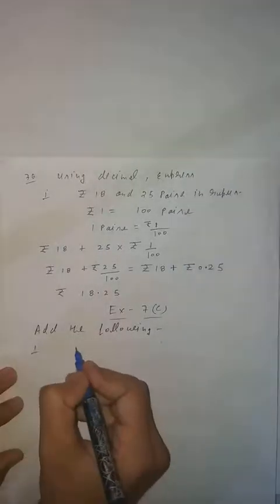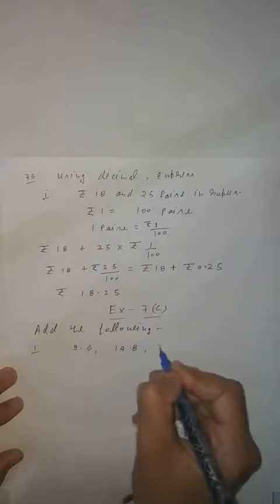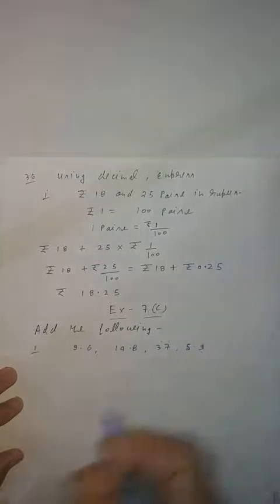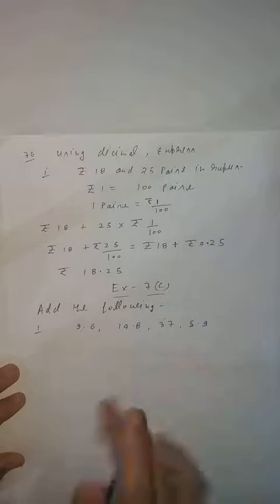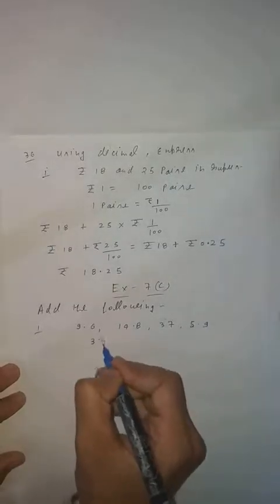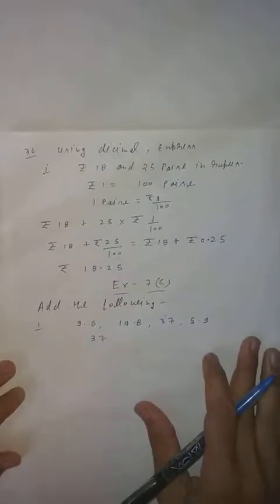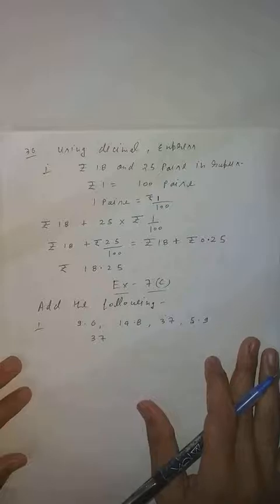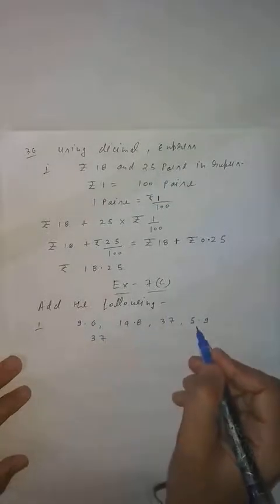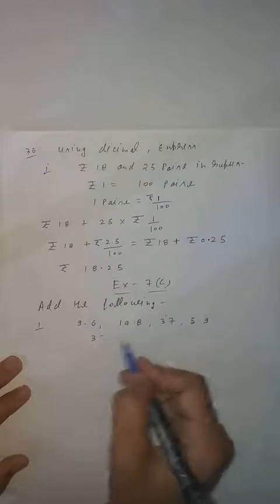Question 1 is given 9.6, 14.8, 37 and 5.9. So very easy. You know how to add. I explain. First you have to write down greatest number. Greatest number is what? 37. Acha. Convert in like term. Now how I explain, student? Convert in like term. You have to see after decimal which number having maximum digit. So you can see after decimal 1 digit, after decimal 1 digit, after decimal 1 digit, and here after decimal nothing.